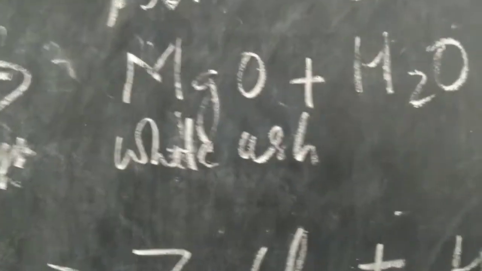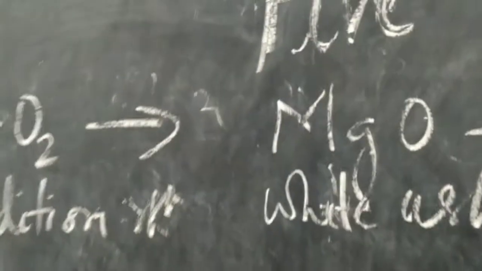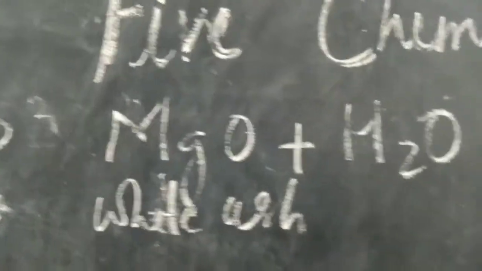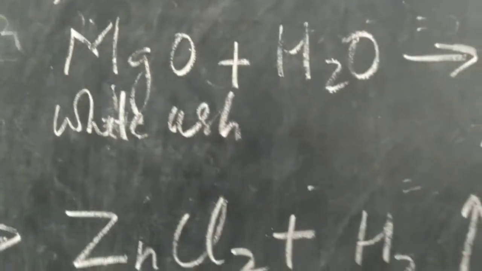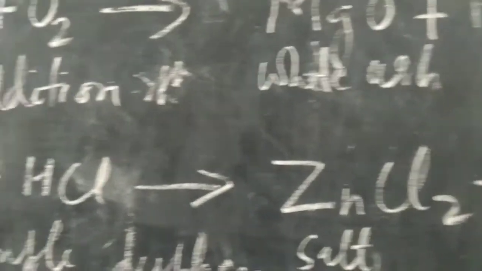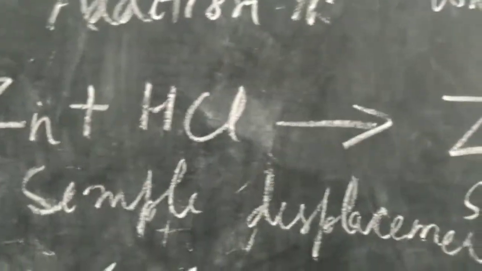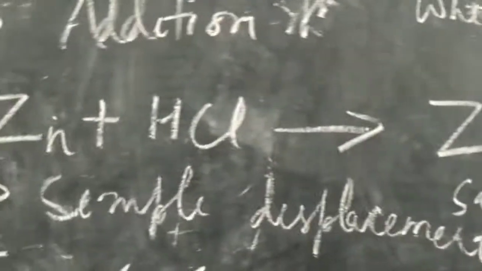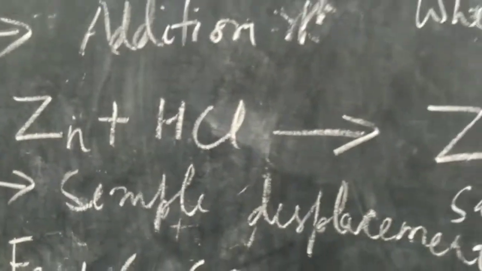So class 9 children, today we are ready to perform a set of 5 experiments, and that is your 5 chemical reactions. In this set of 5 chemical reactions, we will study the different types of chemical reaction, children, where you will get to know what the different types of chemical reaction are and how to identify them. Identifying the chemical reaction is a big scientific skill, and I will try to provide you with that by performing the experiment as well as by telling you the theoretical aspect of it also.